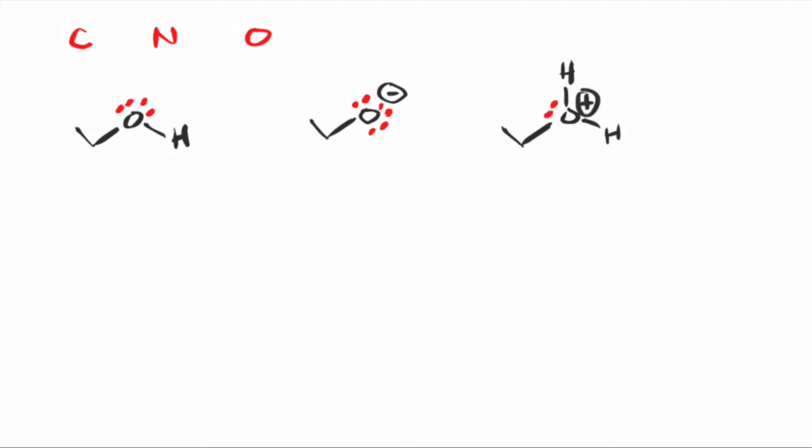We can practice with this in both ways. So in this first example here, let's see if we can draw in the lone pairs that are missing. Starting with the oxygen on the left-hand side, we see that it has 2 bonds already, which is a typical bonding pattern for oxygen. So typically then, how many lone pairs does it have? It would have 2 sets of lone pairs. What about the middle oxygen? So it has a formal +1 charge, which means it would have 1 set of lone pair. And lastly, the oxygen on the right, it has a -1 formal charge, so you would expect 3 lone pairs.